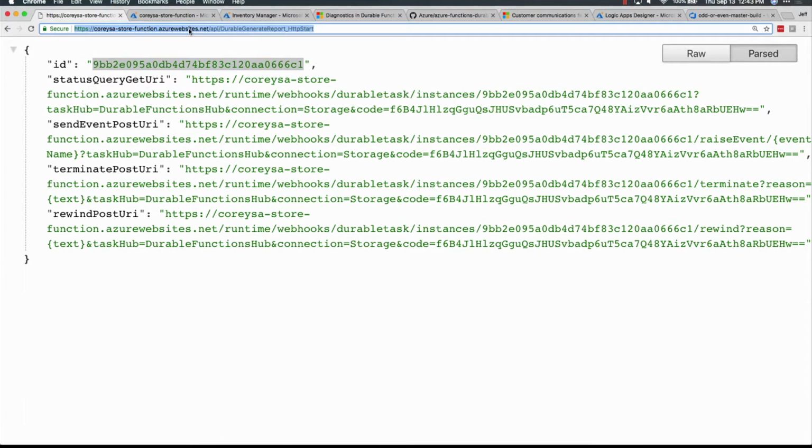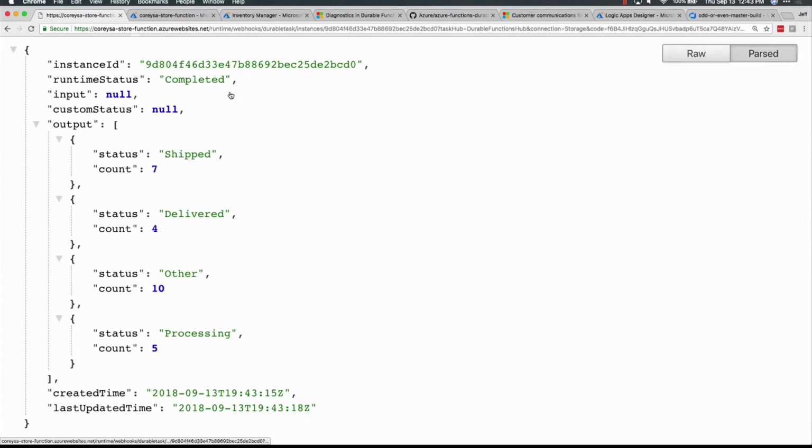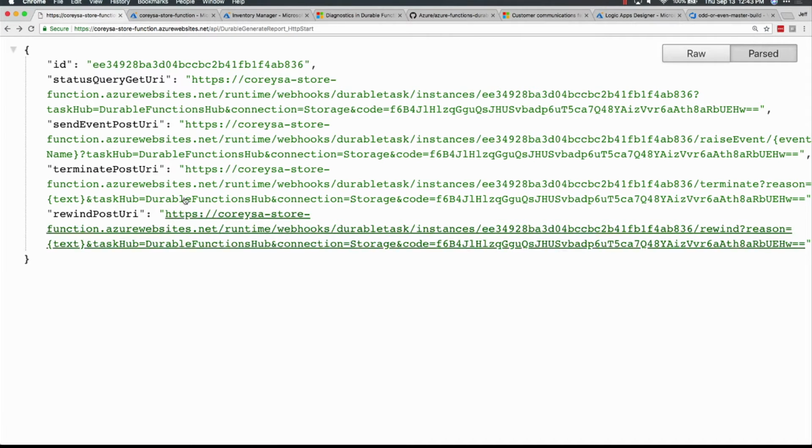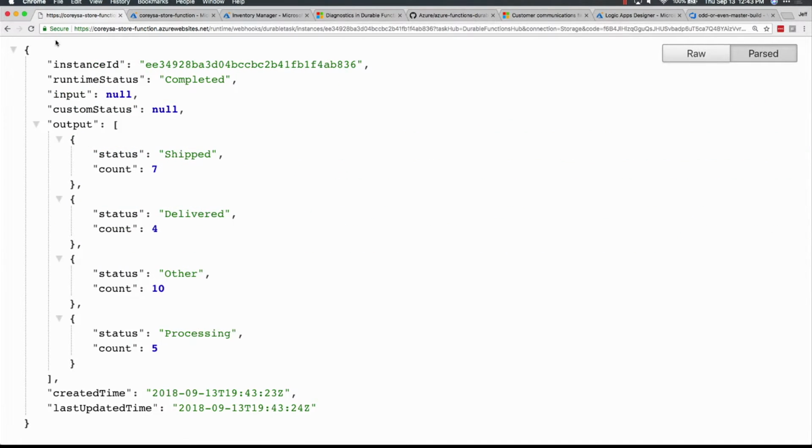Now, I'm actually going to call this one again because I talked for so long. So I'm going to get a new instance. And let's follow this status endpoint. I don't know if I might need to. I think my cache is not actually calling it again. OK, that's a different instance. Maybe it is. Maybe this is just too fast.